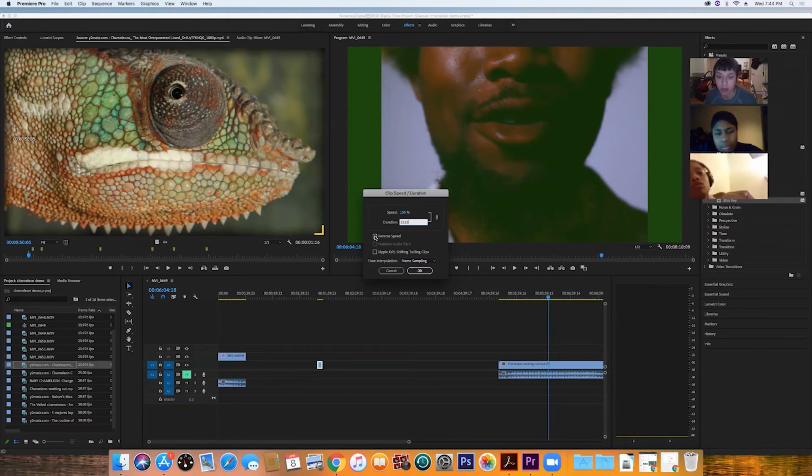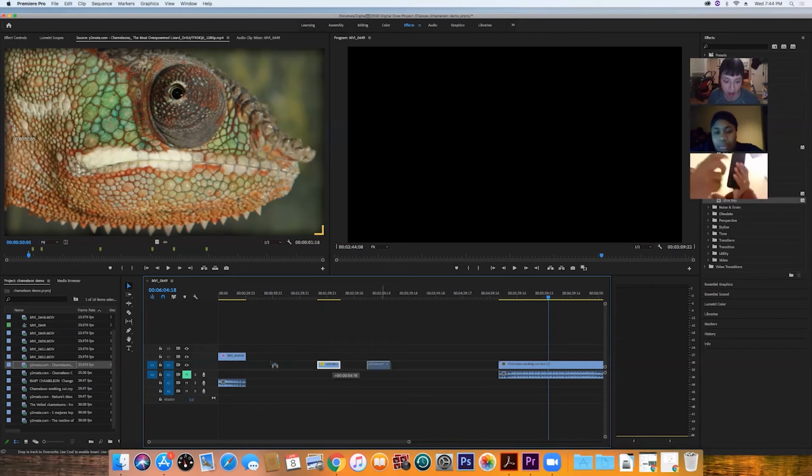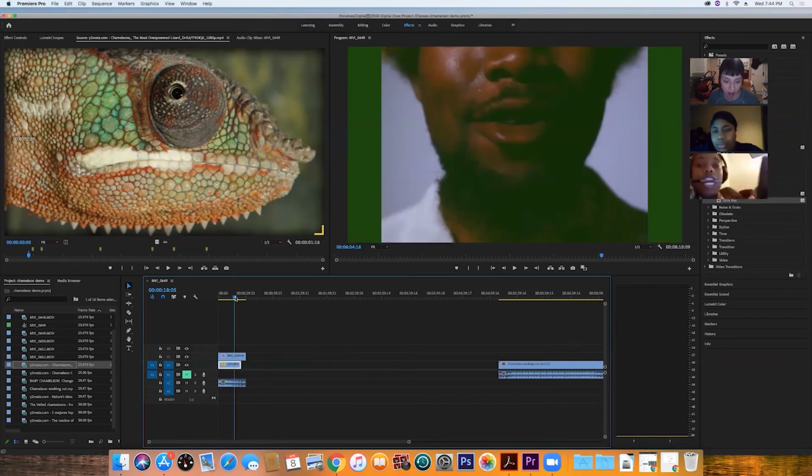This is also where you can reverse clips if you ever want to show somebody's hat going back onto their head or whatever you might want to do, effects wise, with reverse stuff. So then you just hit okay, and then it made the clip longer. So now you can see,